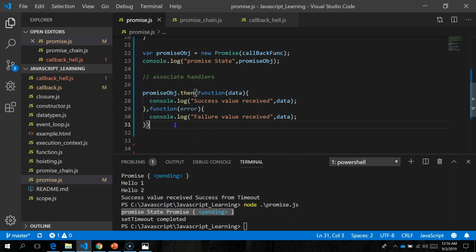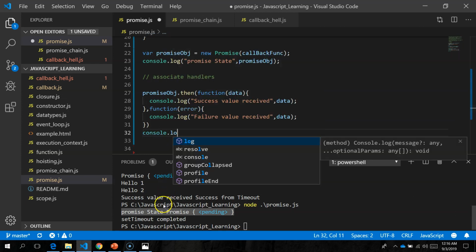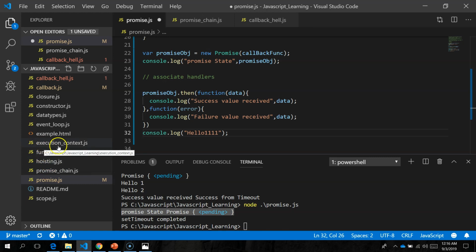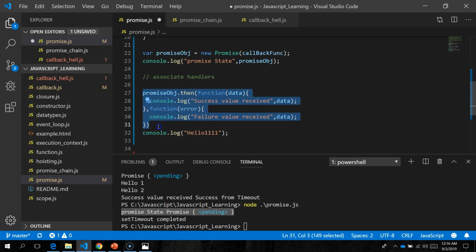If you have something after this, like a console log hello one, this will get executed before this, because this is asynchronous. Only after all the synchronous code happens, the asynchronous will happen.